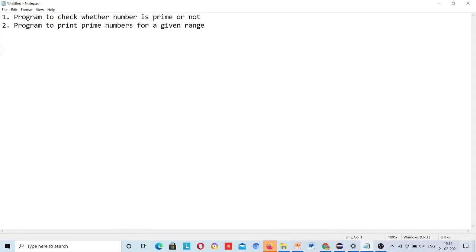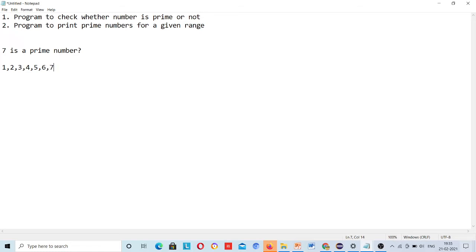First of all, for writing any logic for the prime number, we should know what prime numbers are. A number which is divided only by itself or 1. Suppose I ask you whether 7 is a prime number or not. Till 7 we have 1, 2, 3, 4, 5, 6 and 7.